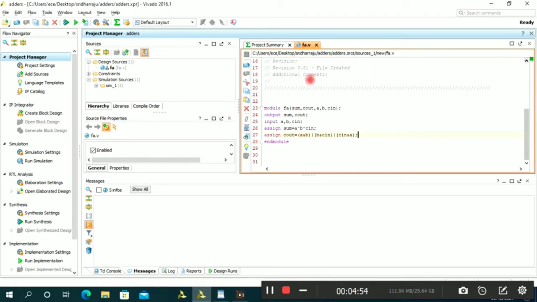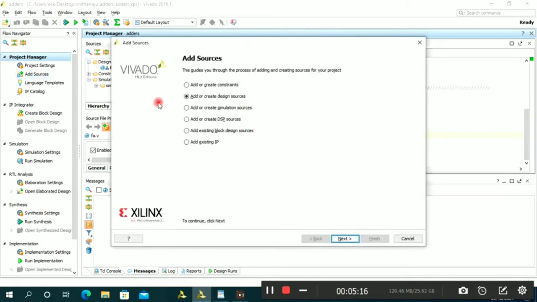Okay. Now we have to see whether this module, this digital component, this full adder, is working properly or not. For that we have to simulate this program, and for that we have to write a test bench. For the test bench, click on add source.